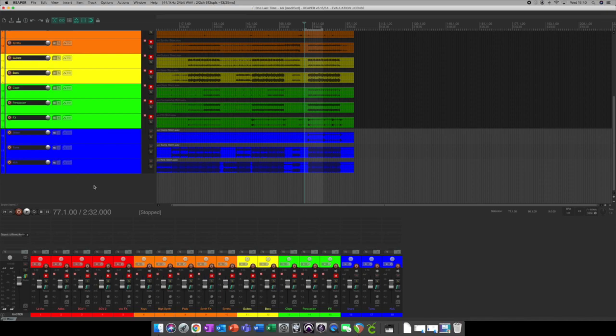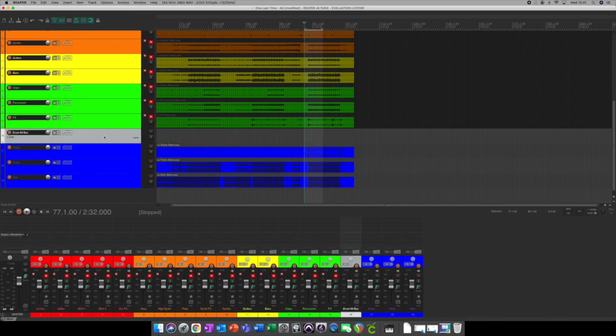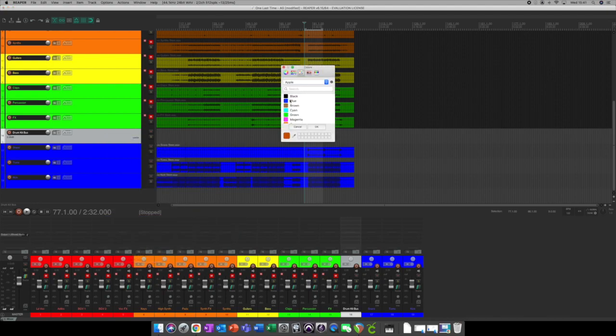So there's a couple of different ways to do this in Reaper, but the one that's sort of the most straightforward and the quickest is to simply create a new track and label it drum kit bus. And then position that just above our 3 drum kit tracks. Now because this is part of our drum kit set, we're going to set it to the same colour as